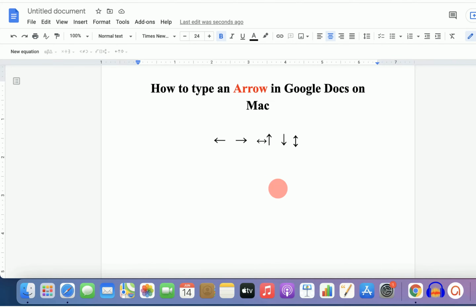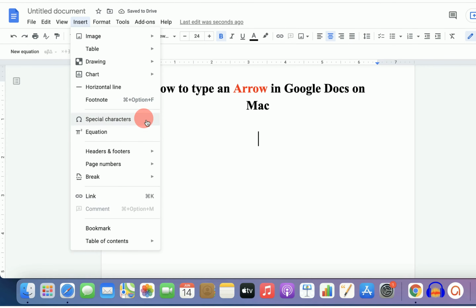In this video, I will show you how to type an arrow in Google Docs on Mac. You can type different types of arrows as shown here. Let's get started. In the first method, you can go up to the insert option and you will see here